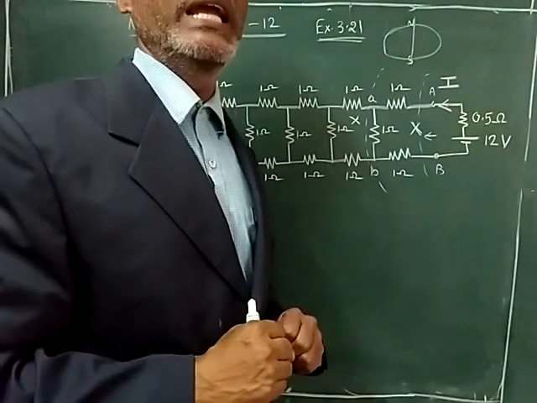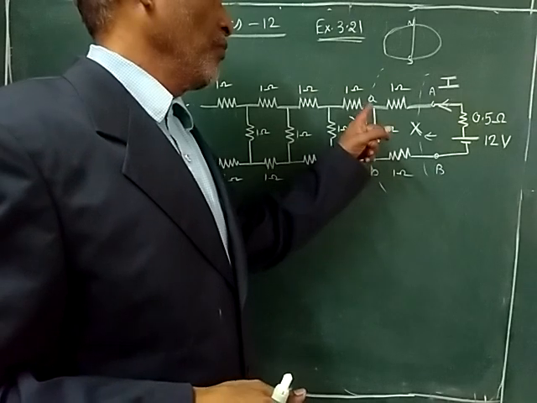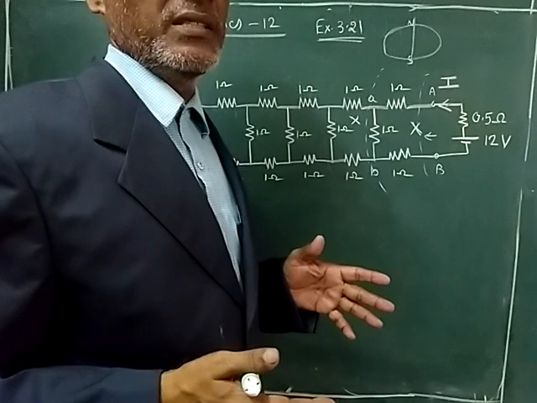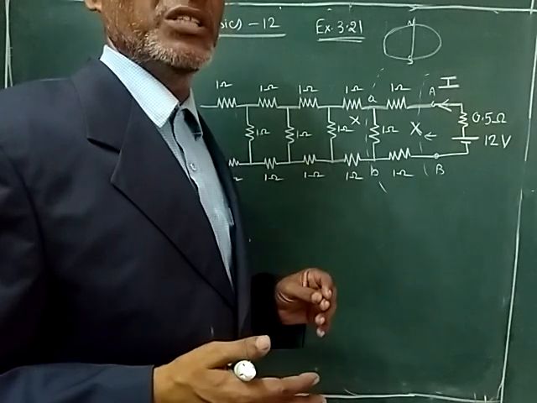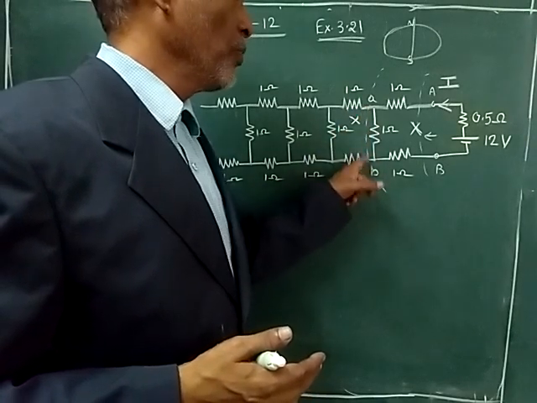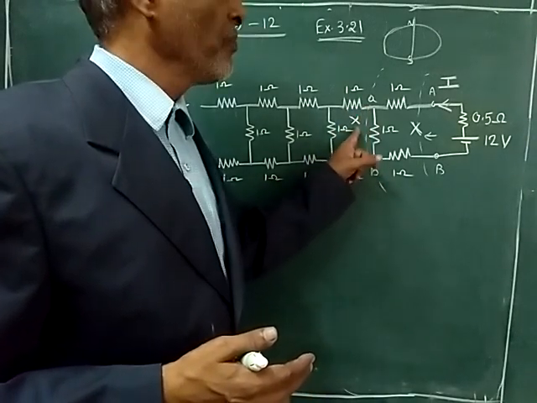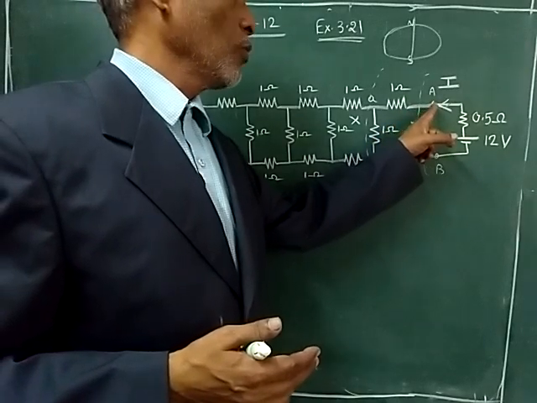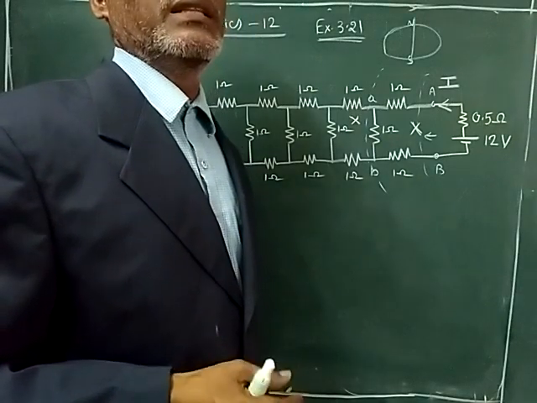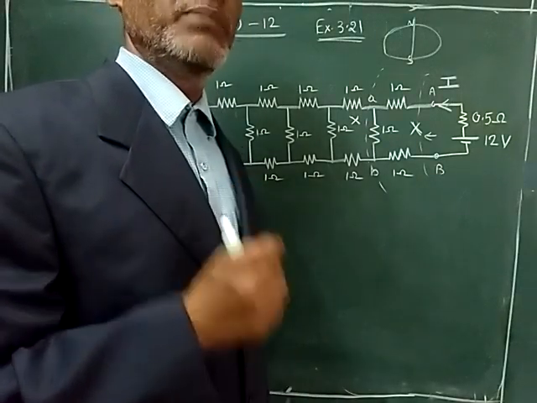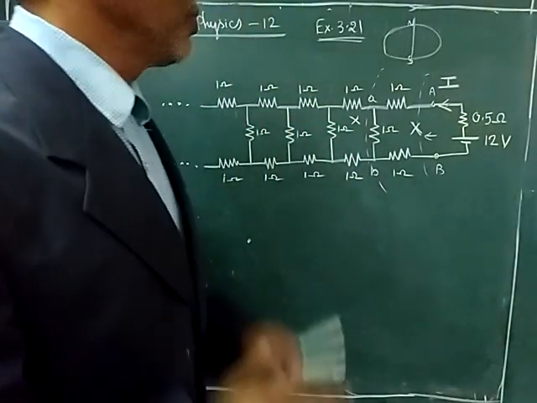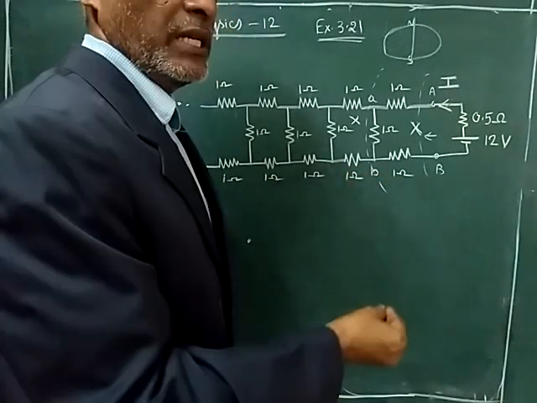The difference will be highly negligible. When you use an ohm meter, which you all know is a measuring instrument to measure resistance, if you connect it between these 2 points and it reads X ohms, then if you connect it between the other 2 points, it will also read X ohms. This can be equated just because this network is infinite. Okay, so now I will start the derivation.